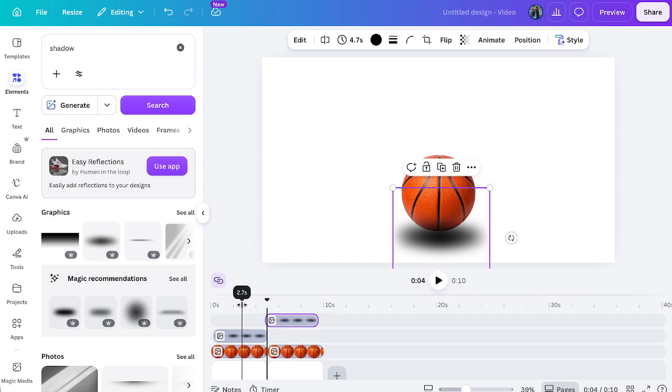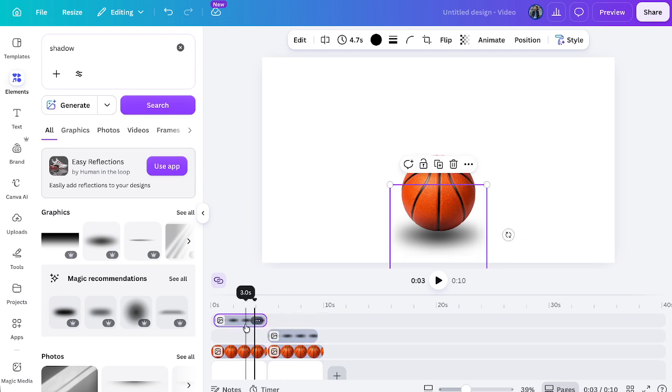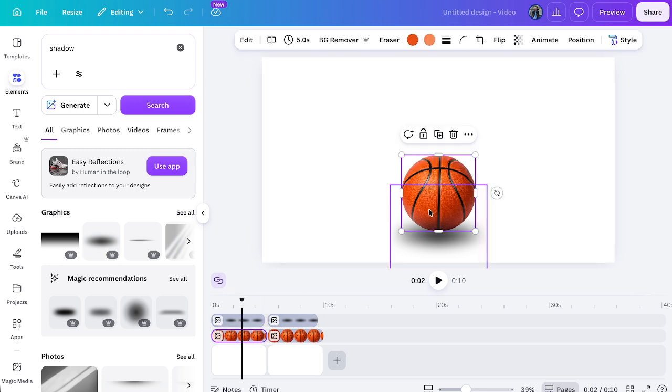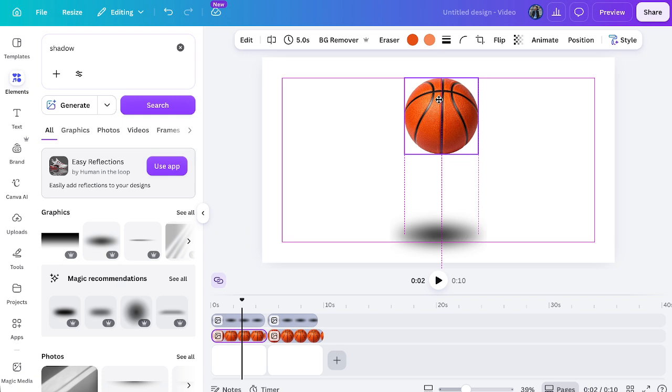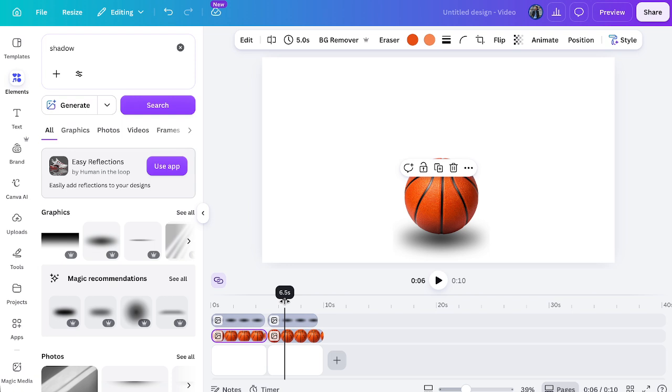So here, what you wanna do, on this part, you're gonna want to put the ball on the top. Then here, the ball will be below. So now what we're gonna do is